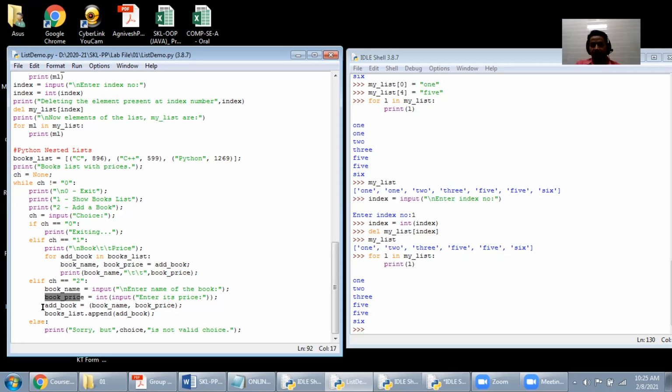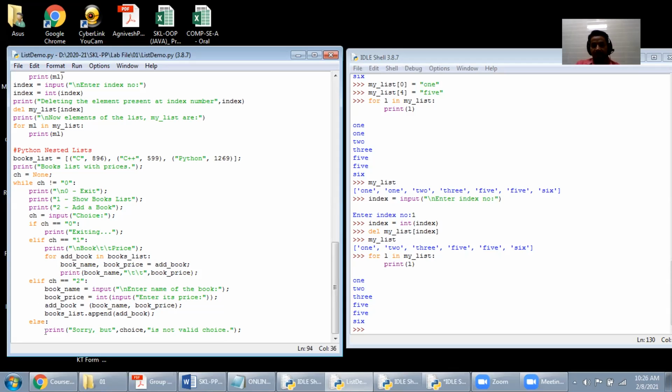So suppose we are considering it as the add book, we can put both the names in it now. Now this is the flexibility of Python that is available. Both the things, book name comma book price, are to be added into your add book. So this add book is now added into your list. So book underscore list, this is the name of your list. Dot append is the method to add data into the list at the end. And then add book, which data you want to add. This is your add book, which is nothing but your book name and book price.